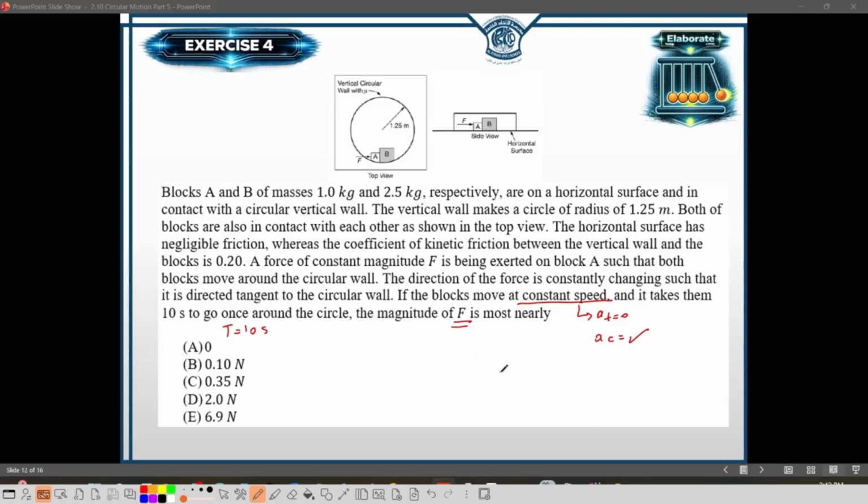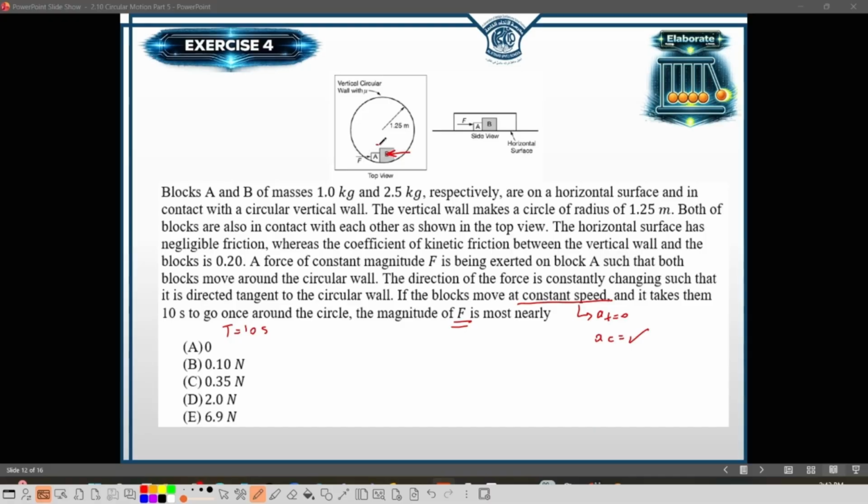Now, to find the magnitude of this force, we need to consider the following. First of all, the period is 10 seconds, the tangential acceleration is 0, and the centripetal acceleration exists. There is no friction along the horizontal. The friction is only between the vertical wall and the blocks. Now, since the object is moving along a circular path, the friction will also be acting from the wall on the blocks,